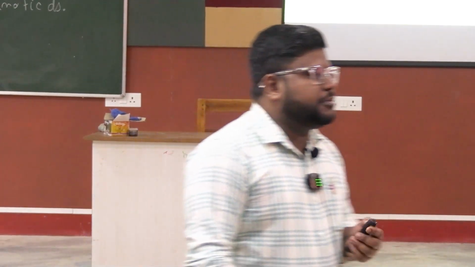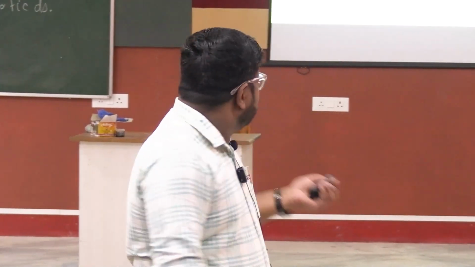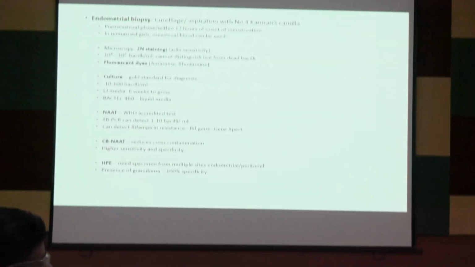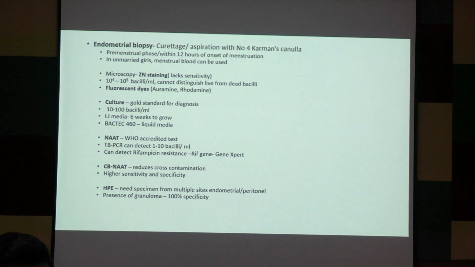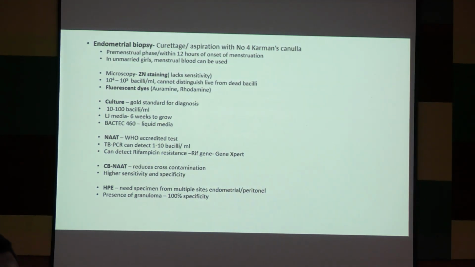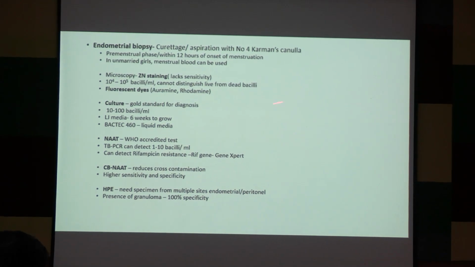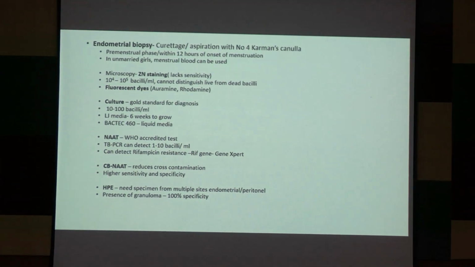My only place for sampling is the endometrium, done by either endometrial curettage, মানে D&C, dilatation and curettage, or by endometrial aspiration. It is done in the premenstrual phase, মানে late secretory phase, বা within 12 hours of onset of menstruation. And in adolescent girls who are complaining of pain, we have to collect the menstrual blood for almost 3 to 4 cycles. Menstrual cup use করা হয়, তাতে menstrual blood collect করা হয়, করে ওটার মধ্যে টেস্ট করা হবে.